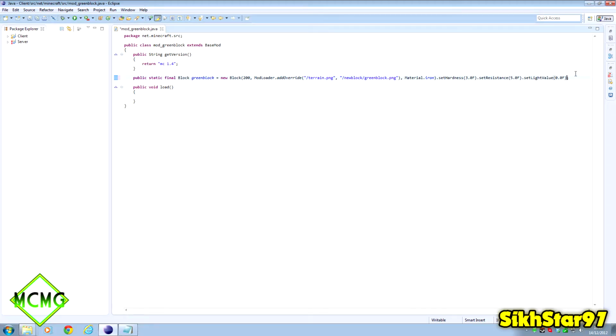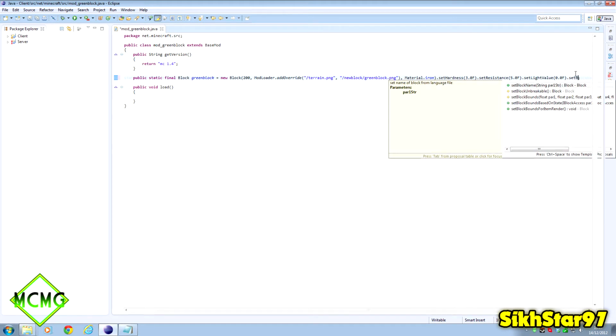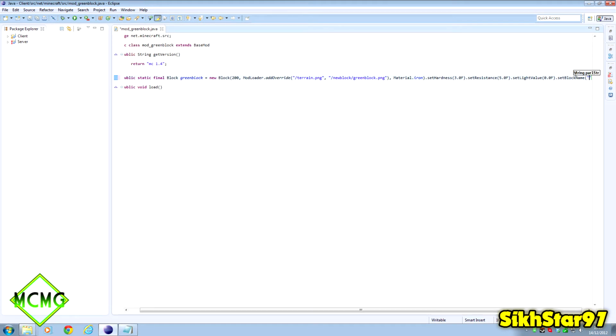Next thing we need to do is setBlockName. So we do .setBlockName and give it the name inside speech marks. So I'll just put green block. And then the very last thing you need to put on this line is setting it to go into a